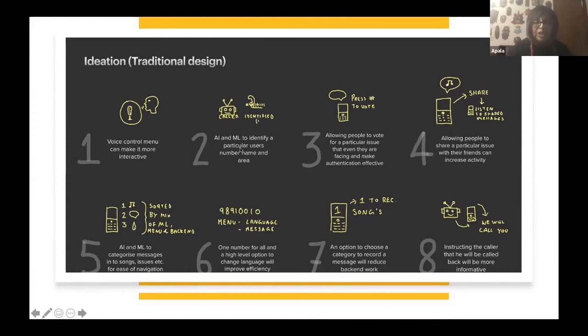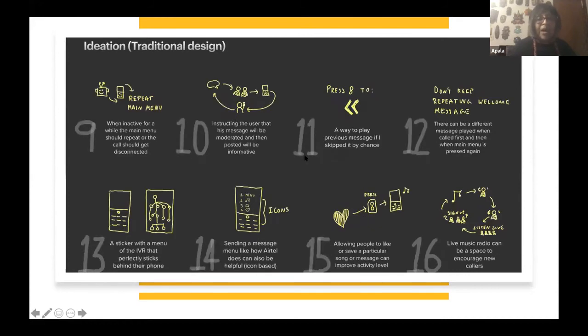How can you use machine learning and AI? How does it help us understand who all are calling, categorize, different ways of therefore reaching them quickly, et cetera? Can you allow people to share some of the messages? All of these things, how can you make the inputs easier? So classical things that we must do. Without that, of course, it's not going to work. And how do you make people maybe know how to repeat things or skip things? All these were not done very well in the system.